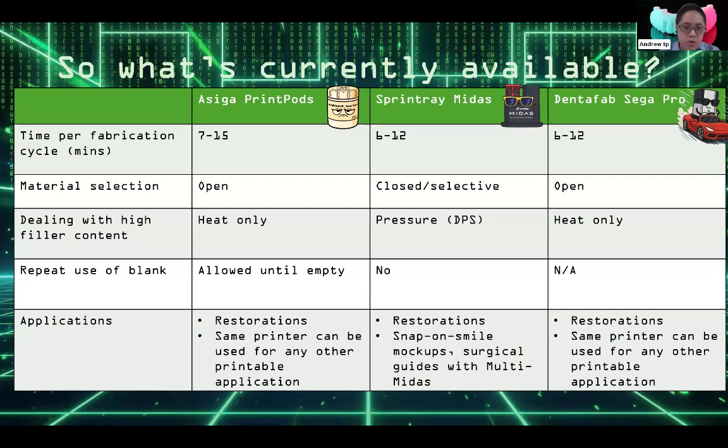It uses pressure. So theoretically, it can print resins or slurries that have high ceramic content, which is really important. You're basically planning for the future where SprintRay will probably be releasing more highly filled resins. So resins or slurries that are filled with 70 or maybe even 80% ceramic filler content by mass. And yeah, I mean, with versatility, Asiga and DentaFab are always going to be quite versatile or very versatile printers,